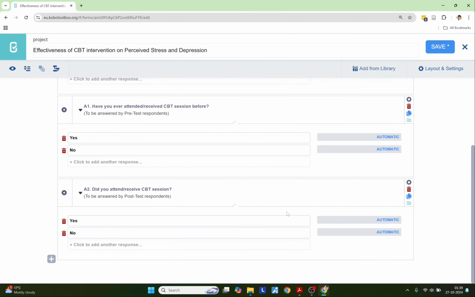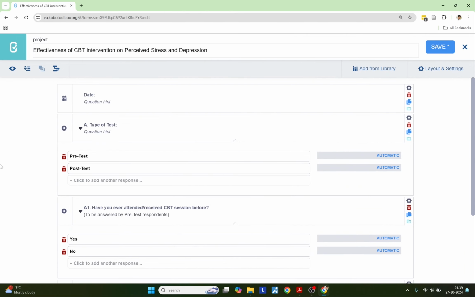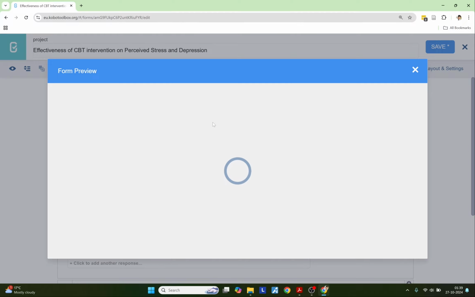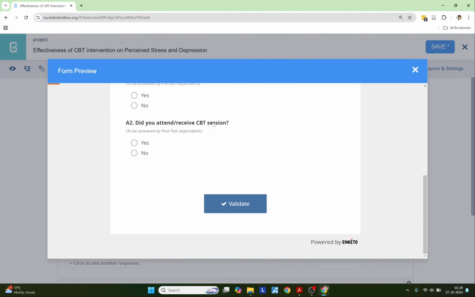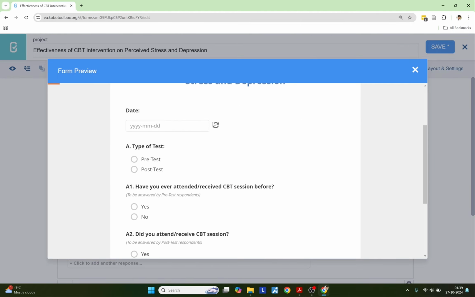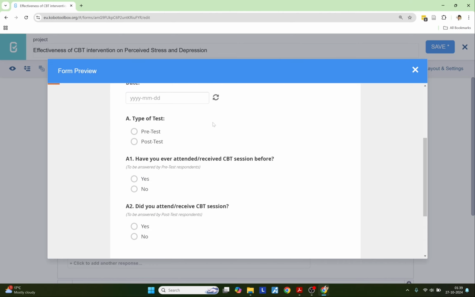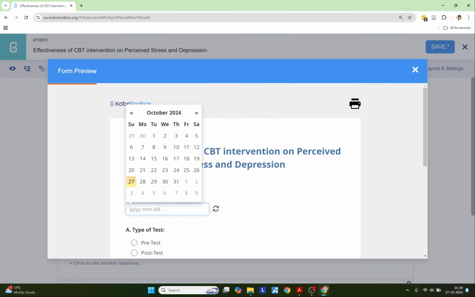We have added 4 questions so far. We can preview our survey form by clicking on this eye icon. This helps us to preview the form before deploying it, and it shows us how our form will appear to our respondents. So by clicking on date, they can select the date